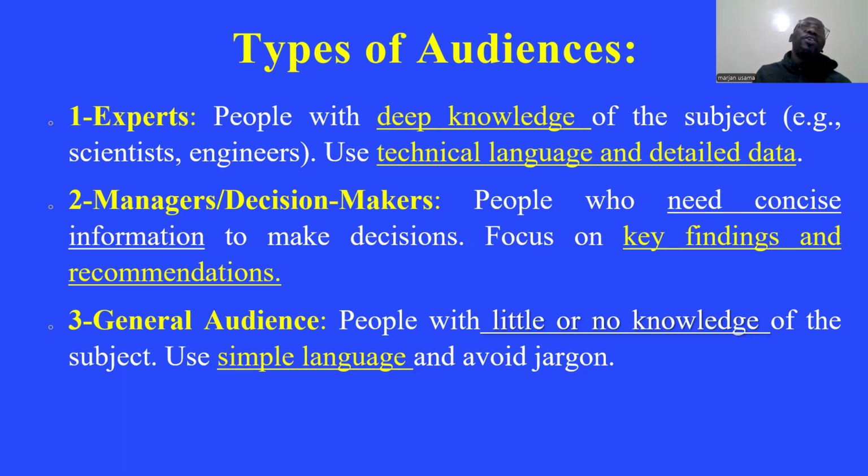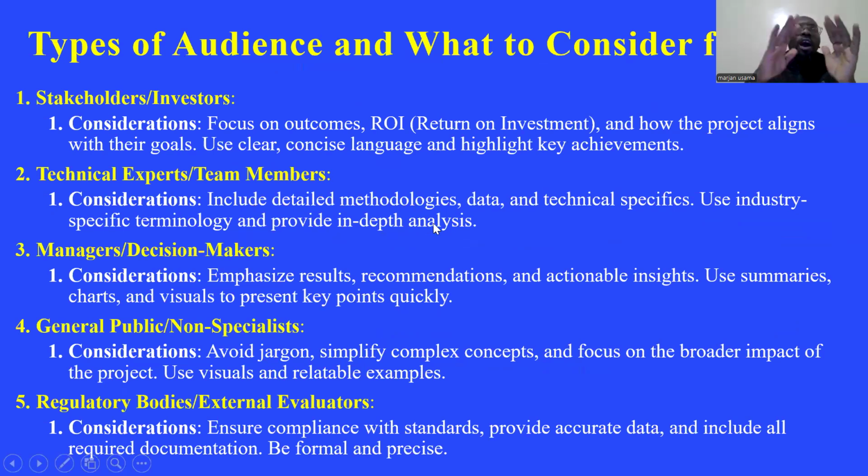They don't maybe even know how to read or maybe how to write. They are illiterate, basically. So you also have to balance. Use simple language that they can easily understand. And now if you're going broad, now we have different types of audience. For example, in this case, we have 5 of them. So for each and every type of audience, you should consider something.